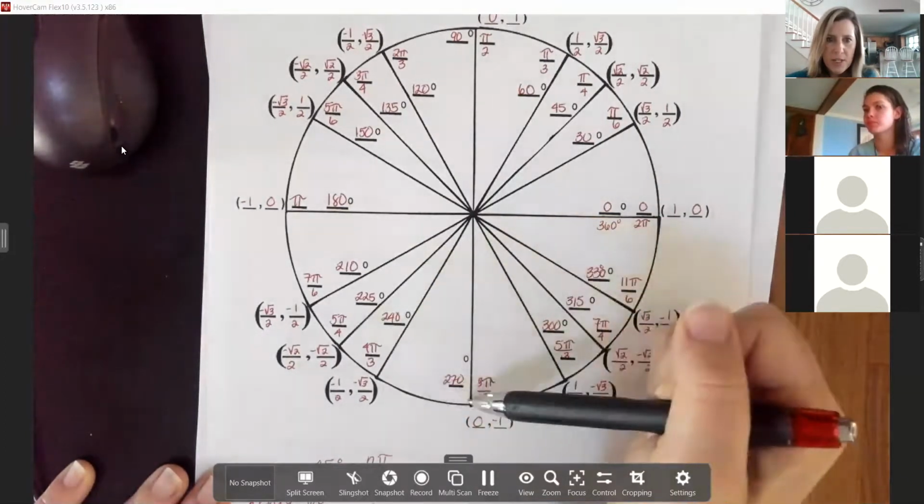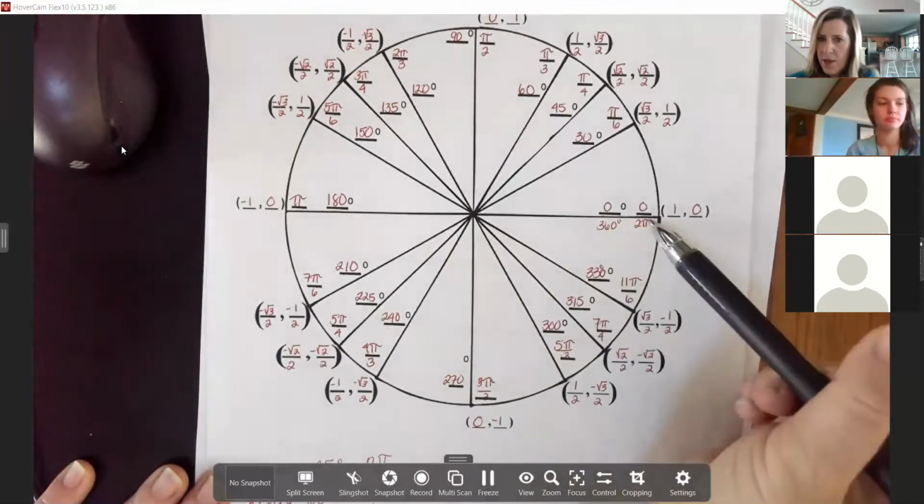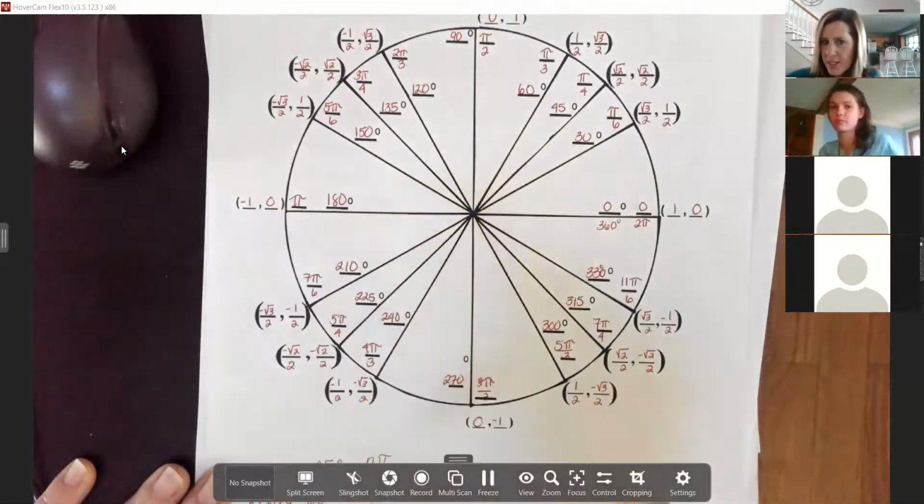5 pi over 4. 6 pi over 4, which reduces. And 7 pi over 4. 8 pi over 4 is the same as 2 pi. So do we see the pattern, how this would be kind of easy to fill in